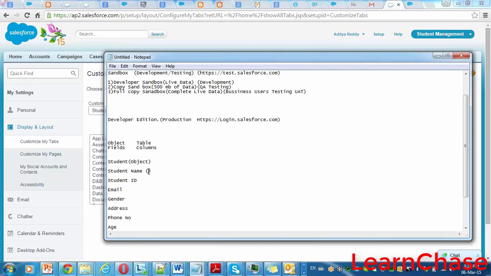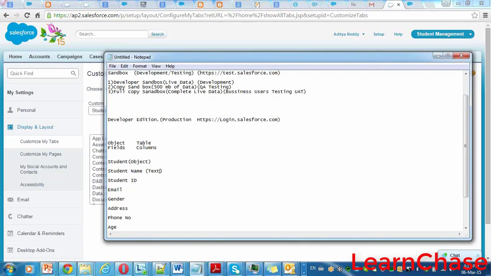Text can store up to 256 characters. Text area will store 1024 characters. Long text area can store 32,000 characters. Rich text area will store images also. Those are the different types.